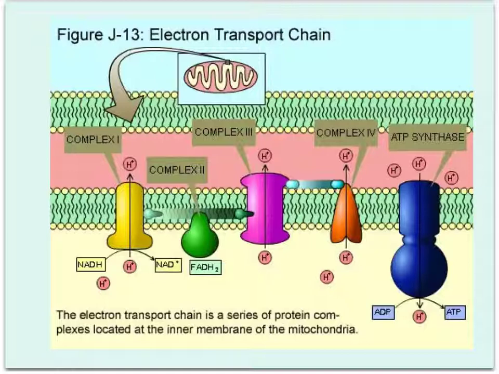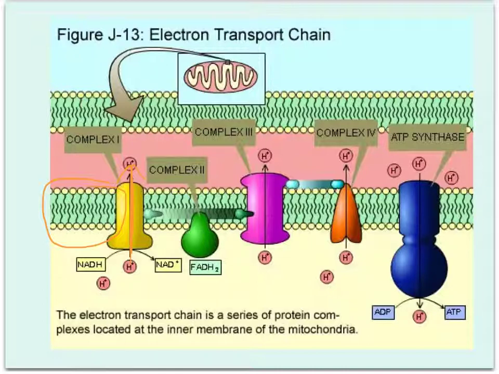Now, the electron transport chain is pretty complicated. We've got electrons that move along from complex to complex to complex, just like a bouncing ball in a karaoke video. We got hydrogens going out of here to make a hydrogen gradient. The hydrogens then push through the ATP synthase. What you really need to know is we have all these different complexes. Complex is just a fancy word for a pump, for a protein that's going across the bilayer. See the bilayer right here, just like we've seen before? So what happens is each of these pumps hydrogens